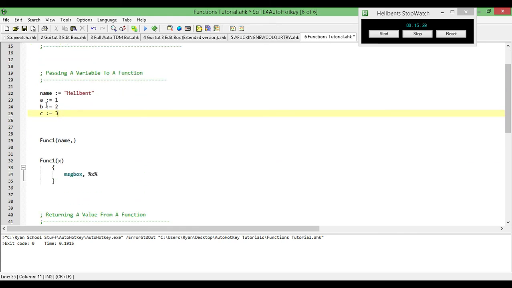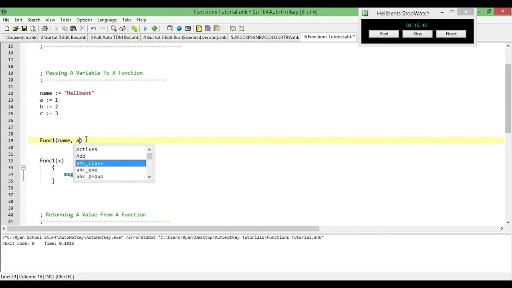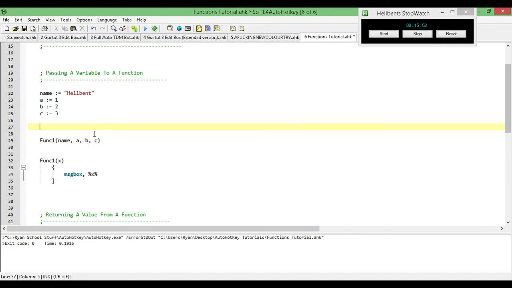Okay, and all we have to do is put a comma and then the next variable we're going to be passing, until we get to our last variable. And likewise we have to do with this. So let's do